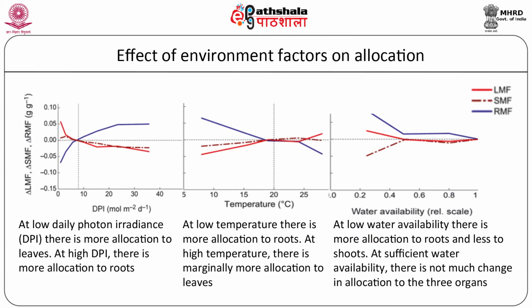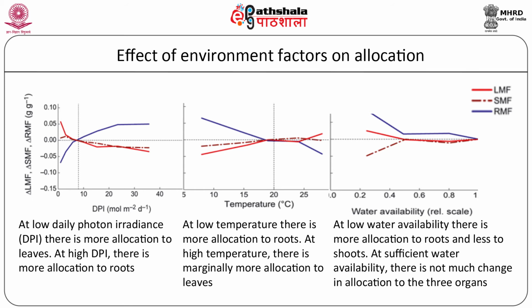Let us see how the allocation parameters change in response to environmental conditions. Plant growth is affected by environmental factors like light intensity, water availability and temperature. These factors strongly affect the biomass allocation pattern. Shade-loving plants appear to allocate more biomass to leaves and stem than to roots as compared to sun-loving plants. This observation led to the formulation of a functional equilibrium hypothesis. According to this hypothesis, plants will allocate more biomass to leaves if the limiting factor for growth is the above ground resource such as light.